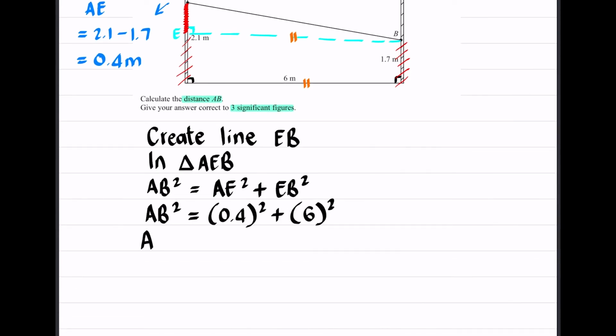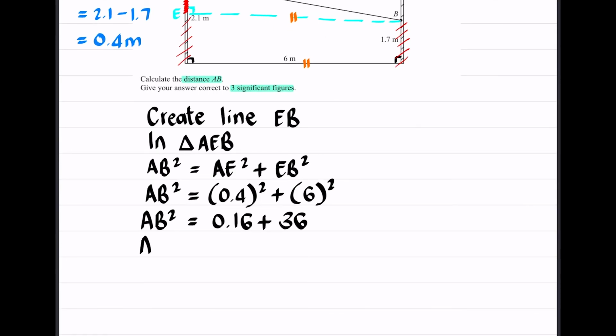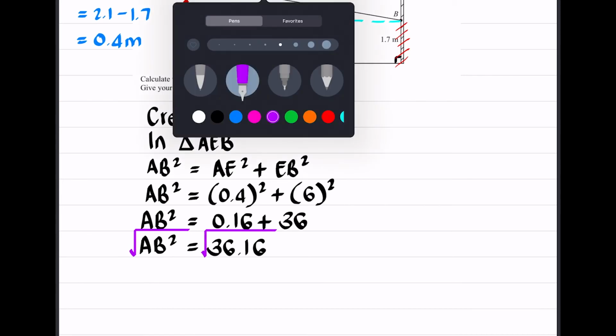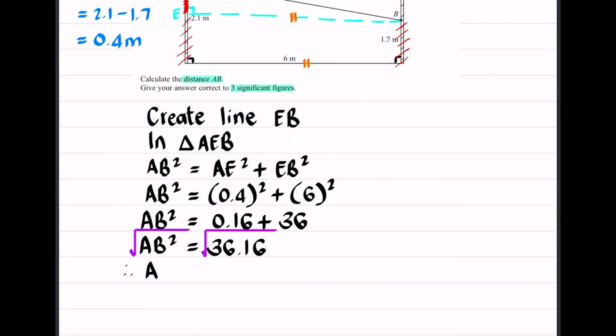So now I have AB squared equal to 0.4 squared, which is 0.16, plus 6 squared, which is 36. So now I have AB squared equal to 0.16 plus 36, which is 36.16. However, I don't want AB squared, I want the AB by itself, so I'm going to square root both sides of this equation. The square root of AB squared is equal to AB, and the square root of 36.16 to 3 significant places is 6.013